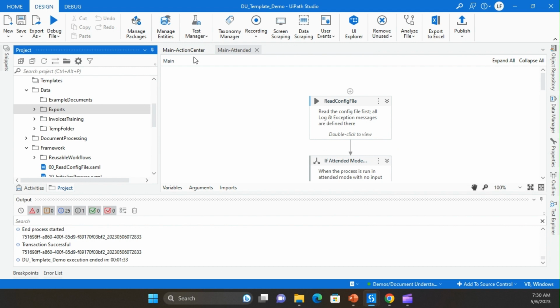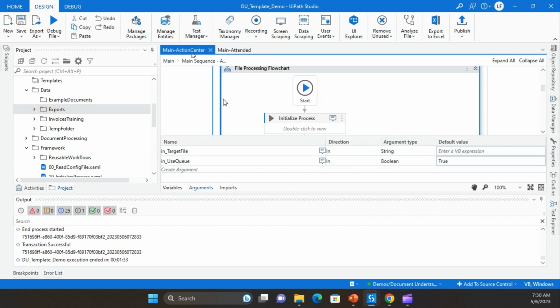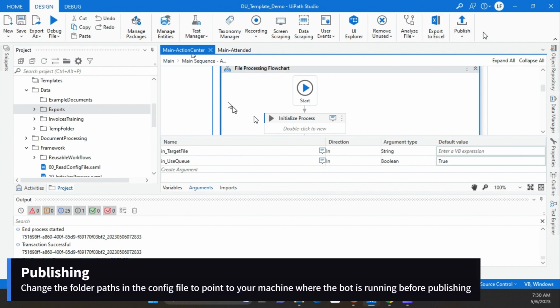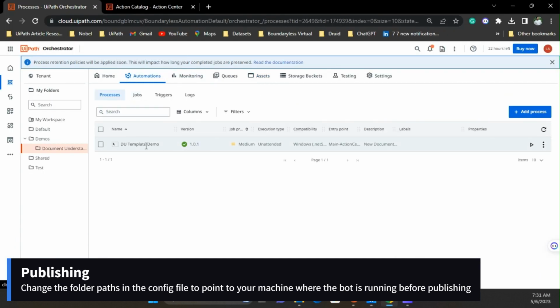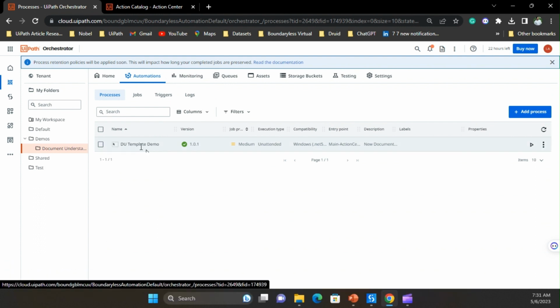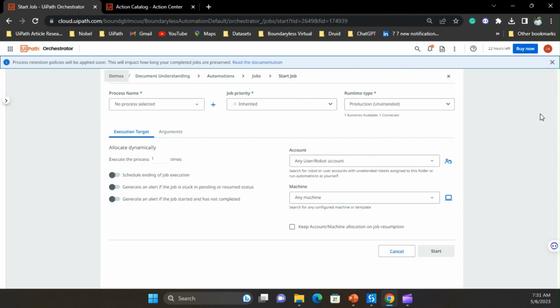So what if we want to run this as unattended? So I'll show this in the orchestrator itself so that I can show you the two different variations. So all you need to do is just publish this into your orchestrator, and once you have it, I have already done it for my scenario over here. So once you have it in your orchestrator, just go to jobs and start. So this is how you usually run the unattended one. If it is scheduled, it will create a job. So just select the process,